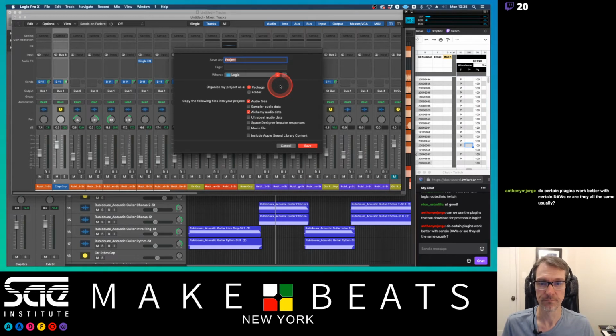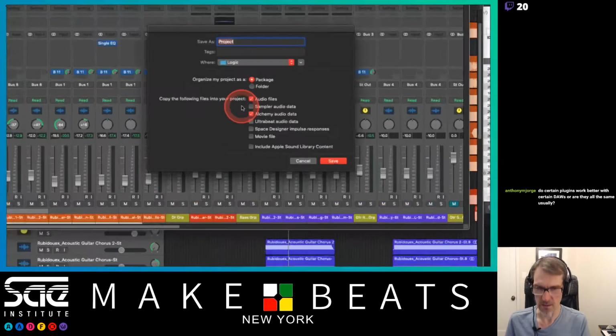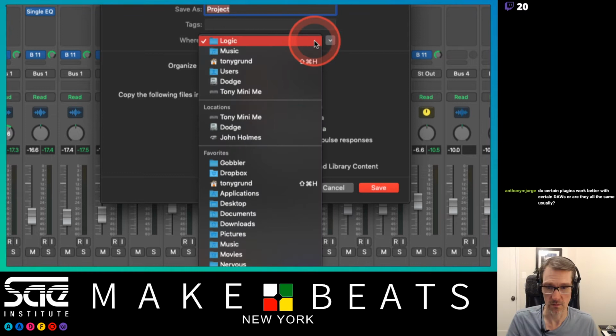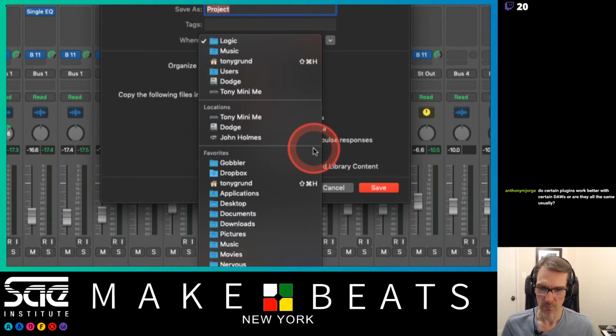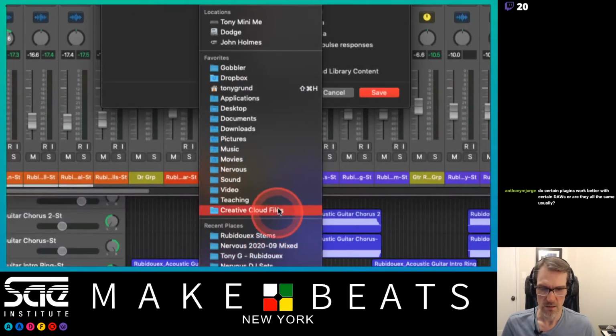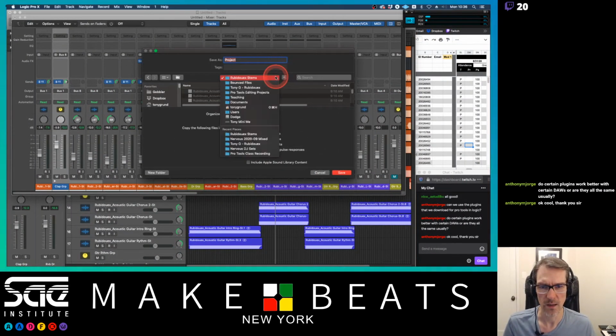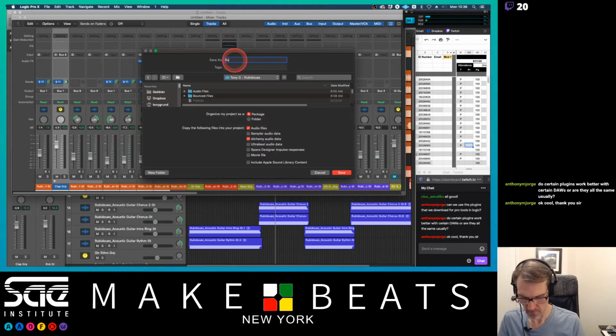I'm going to go ahead and save this project. I didn't save it yet. Copy the files into your project. Okay, so check this out here. This is like a little save here. Where am I going to save it? First of all, I'm not going to save it into the Logic folder. I am going to save it into my teaching folder. Okay, the Rubadoo stems here. Let's put it in here, but not there. Let's put it into just Rubadoo, and we're going to name it Rubadoo